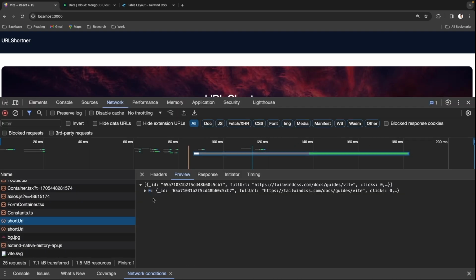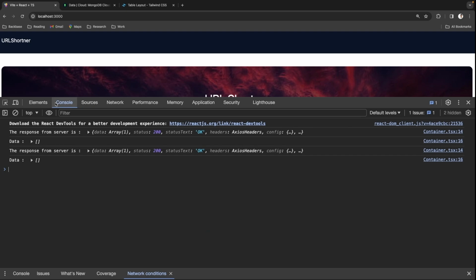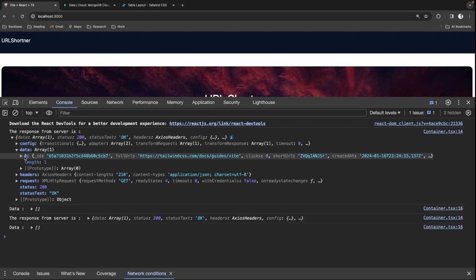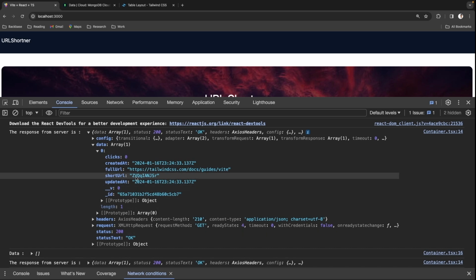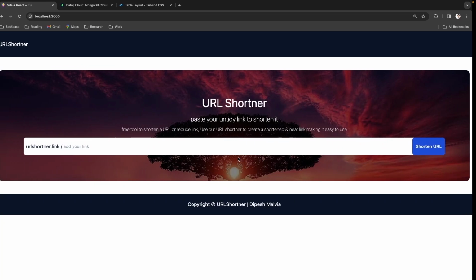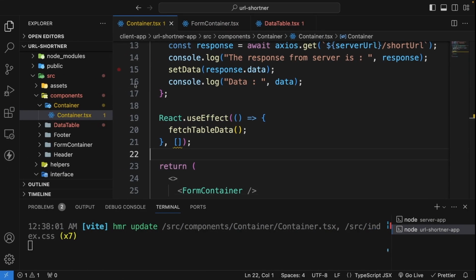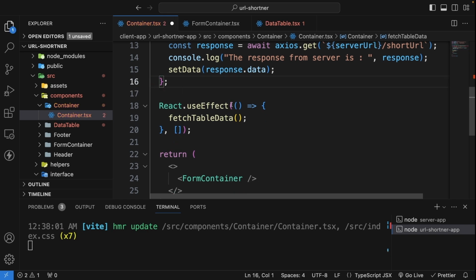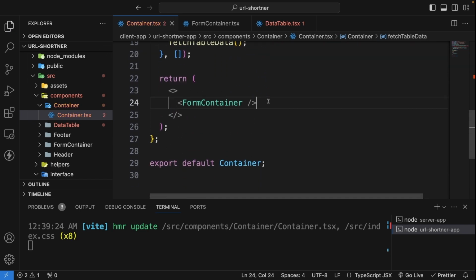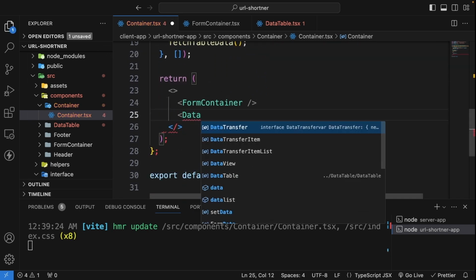All right, I will go here, I will cancel this, and if I refresh it, then we should be able to see that we get the data, and in the console also we see the response from the server, which is actually this data. So we get the data. Now we need to pass this data to our data table, and let's form the table. So let's go back here and we get this. So I'm going to remove this now,